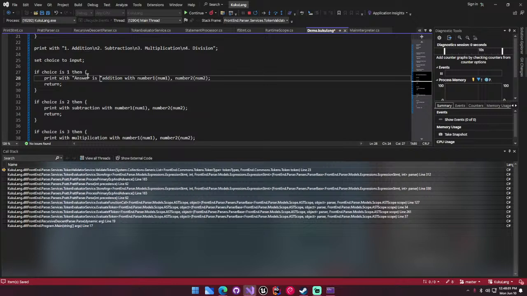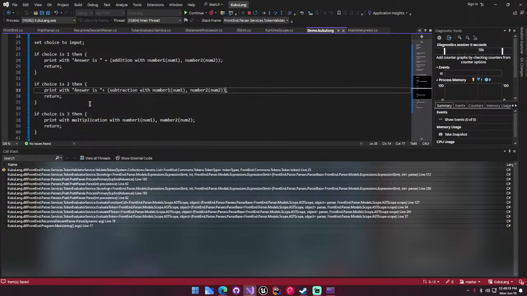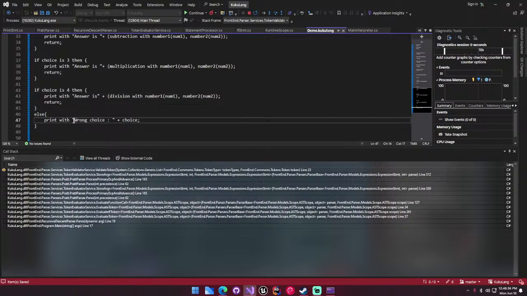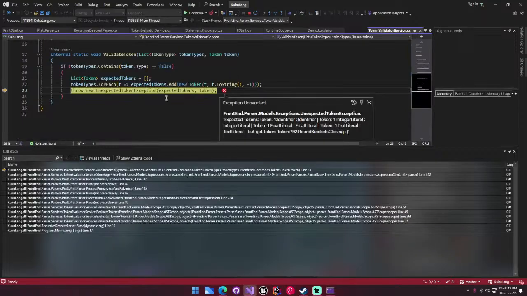Answer, yeah, and then we can do plus. This is going to be an expression itself, so I'm gonna have to put this in here. Answer is plus expression. Then this one can also be plus expression. I'm gonna add this, and this is going to be answer as expression, and this is also going to be wrong choice. Okay, so if we restart this,